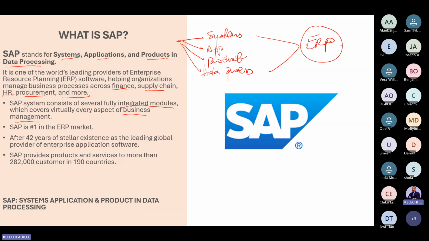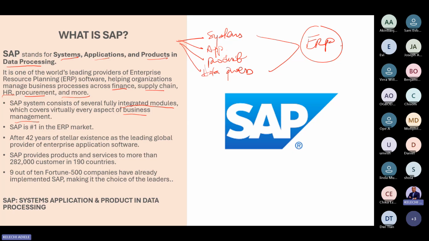So if you understand SAP in a remote location, let's say you are in Liberia and you know how to configure SAP, that platform is the same everywhere in the world. As long as you have knowledge in it, you can transfer your skills to every other country or any other company that uses SAP. So it's one platform, and knowledge in that platform gives you access to opportunities because it has a large number of customers and is sitting in a lot of countries. So that's a good point for those who are thinking about coming on board.